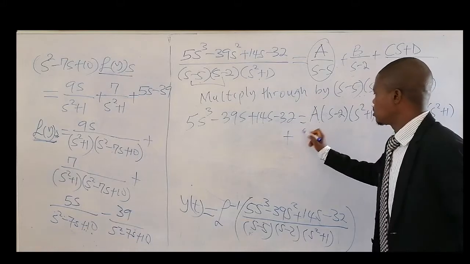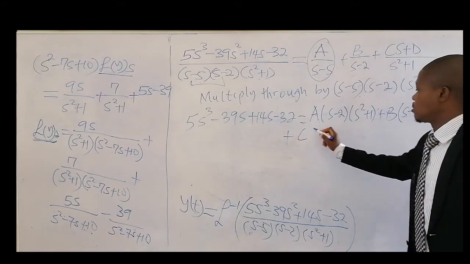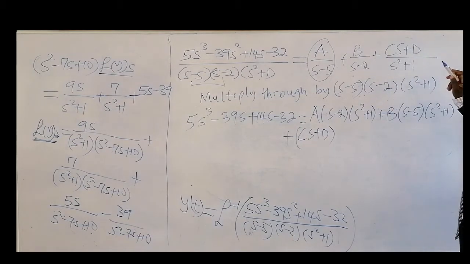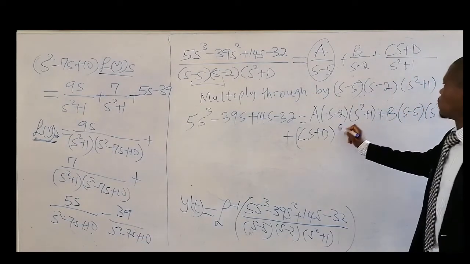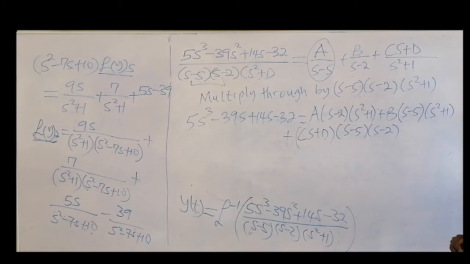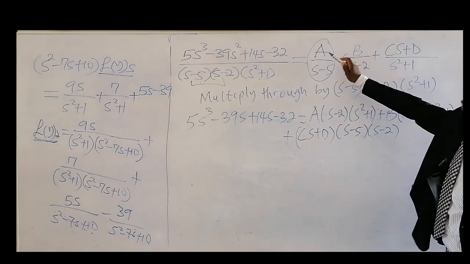Then your C, this fraction times the common factor, this we cancel, and we have what? s minus 5, s minus 2. Okay, so that's what we have now, and what we have now is to find a value for A,